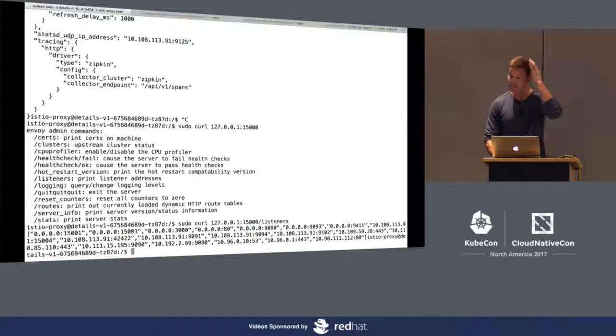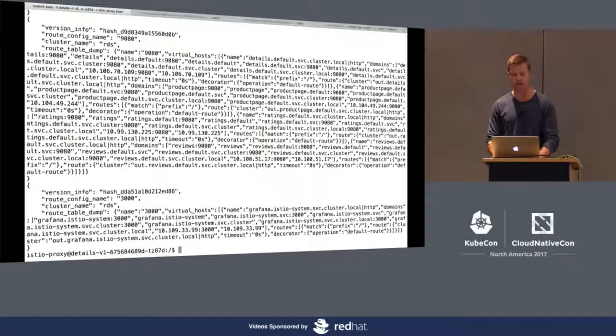Here's all the listeners that this proxy is listening on. And we're going to pay close attention to this 9080, all right? Because that's the port that this sample book application uses for all those different services that I showed in the diagram. And since it has a listener for 9080 and all these other listeners, the proxy also has routes,